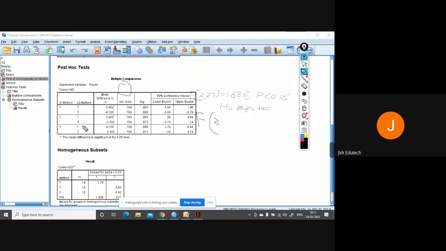Now, effect size in ANOVA. So you will report ANOVA like this.